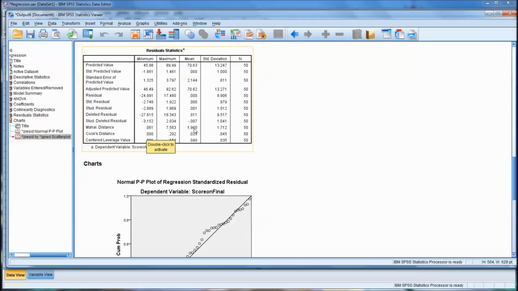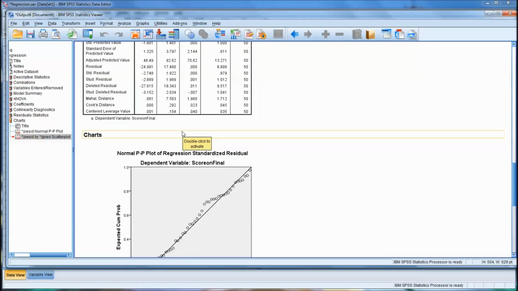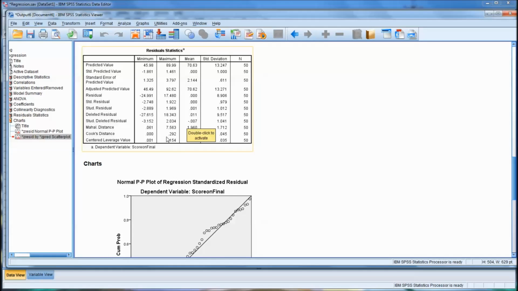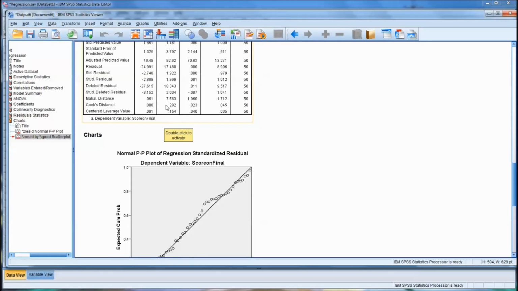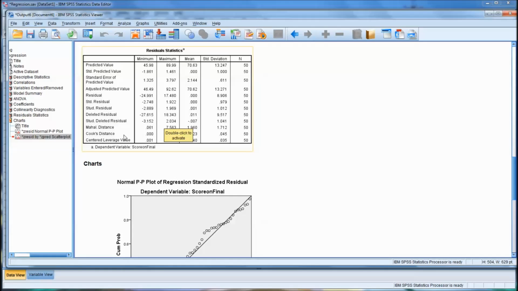And then I'll give you one more way of checking, and that is the Cook's distance. You remember that was an item that we selected. So you have here, you don't want any Cook's distance to be greater than 1, or again, not many. And you can see that the highest is 0.292. So examining Cook's distance, again, you can see that this is a pretty good data set in terms of the